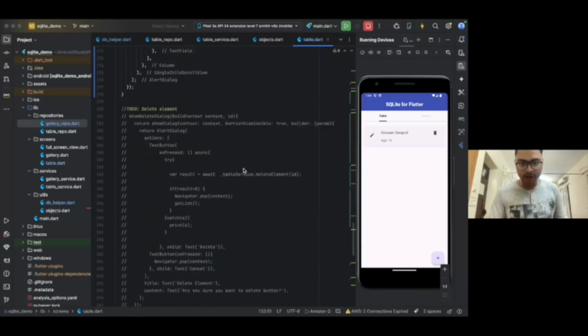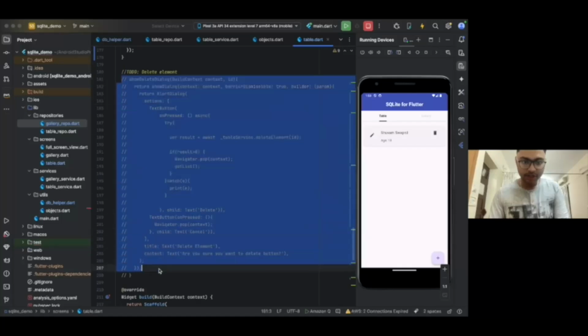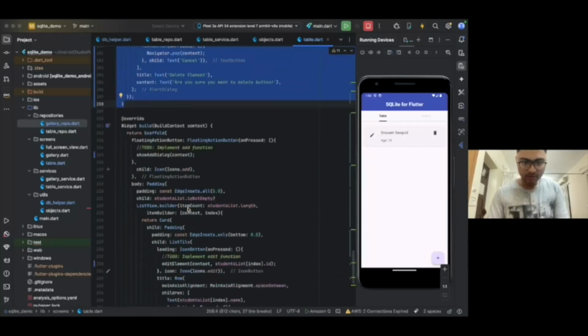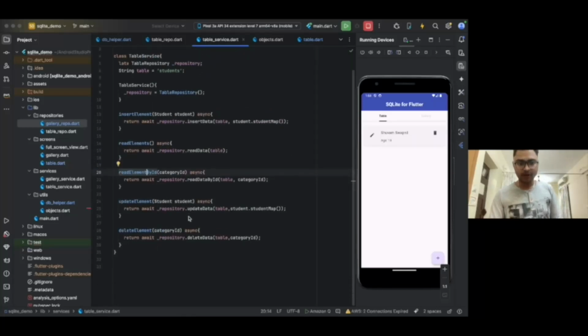And the final function is the delete function. Comment this again, a hot restart. Okay, so now I have this dialog box here. Before going to this, let me explain the